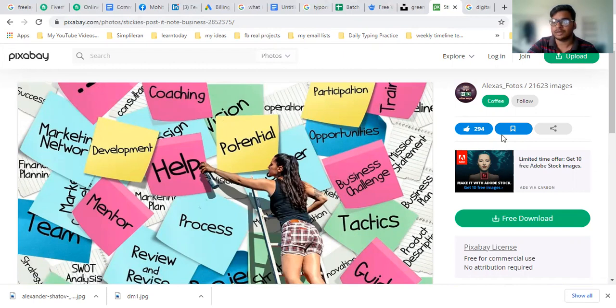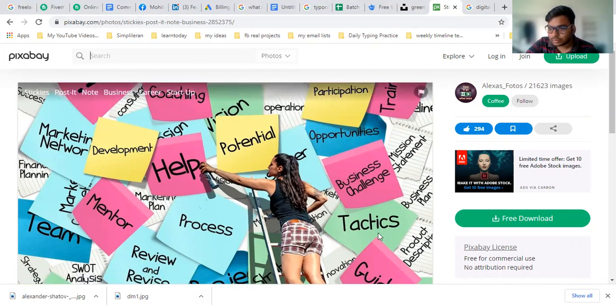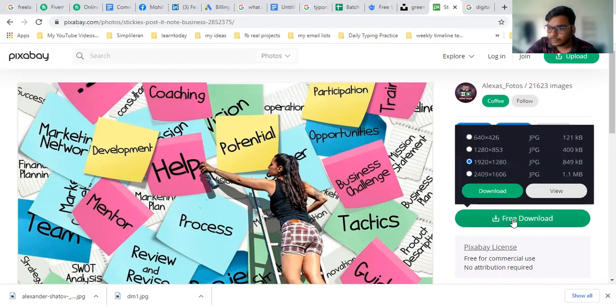If you generate cool images, you can make money from your images. You just need to click on free download, and the size is available. I think we can download this image because it is less than 2 MB.